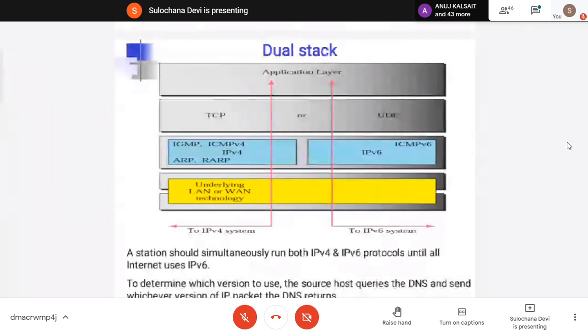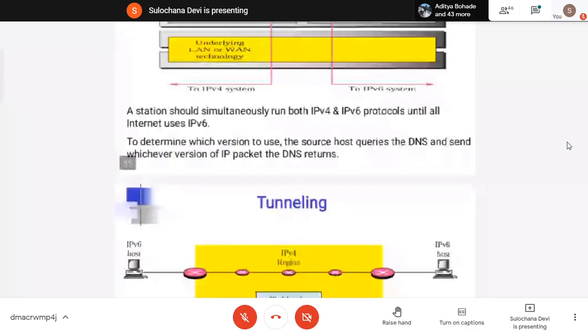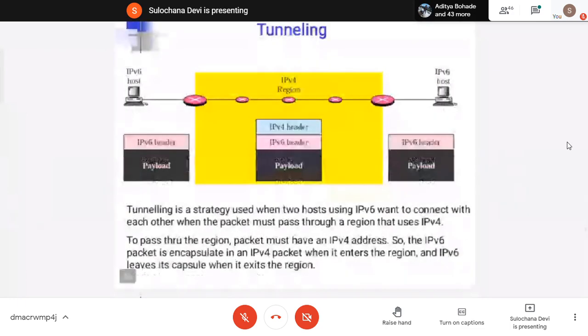Then second is tunneling. It is used when the source is on IPv6 and the destination is also on IPv6, but the network in between, through which my packet is going to pass, is still working on IPv4.